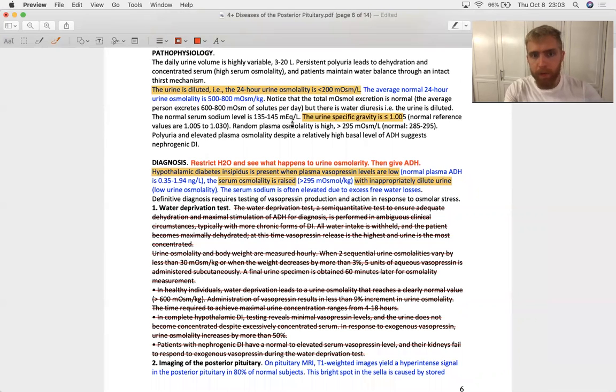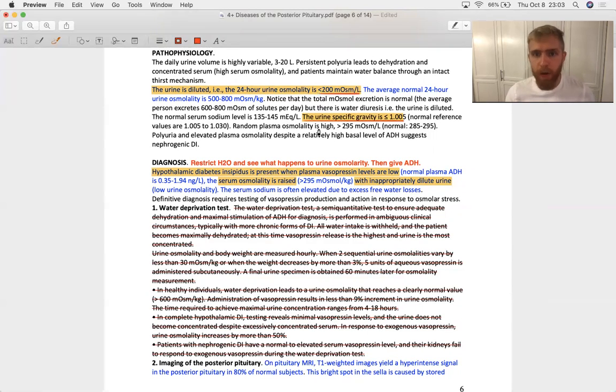Pathophysiology, talked a little bit about this already. Urine is extremely dilute, under 200 milliosmoles per liter. You should be concentrating urine. Concentrated urine means a high osmolarity. Dilute urine means low osmolarity. The urine specific gravity is going to be really low as well, and that's a good test for diabetes insipidus particularly,